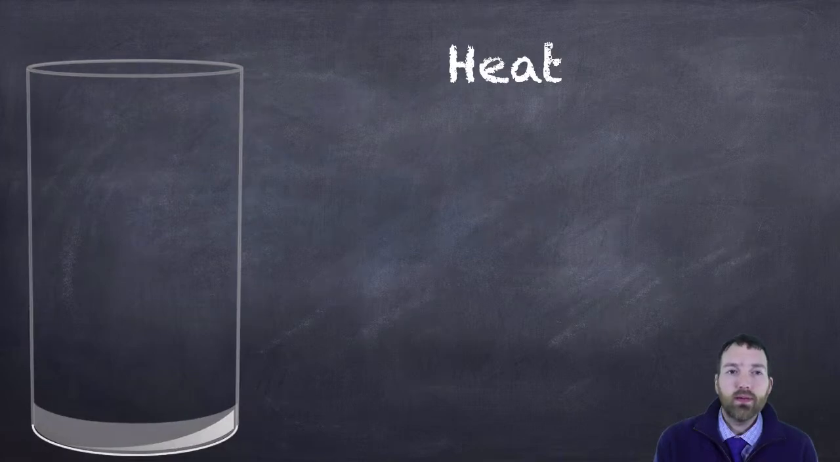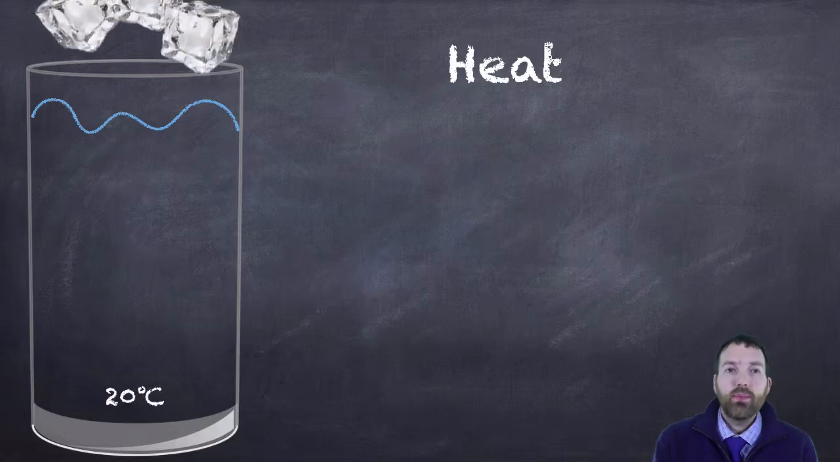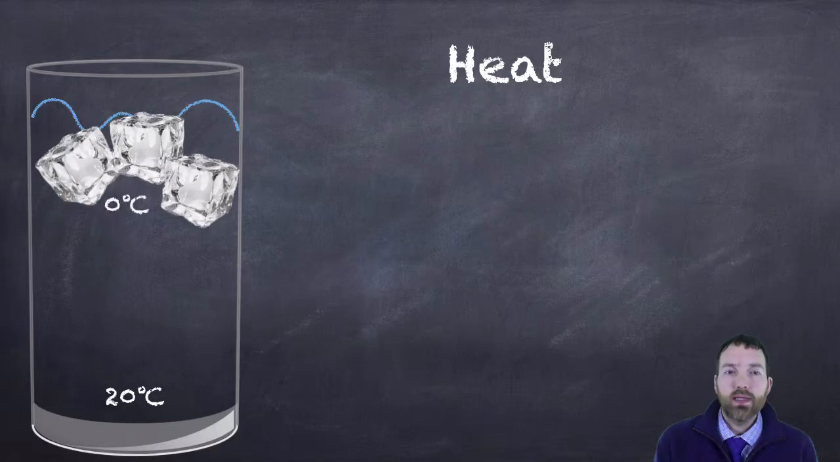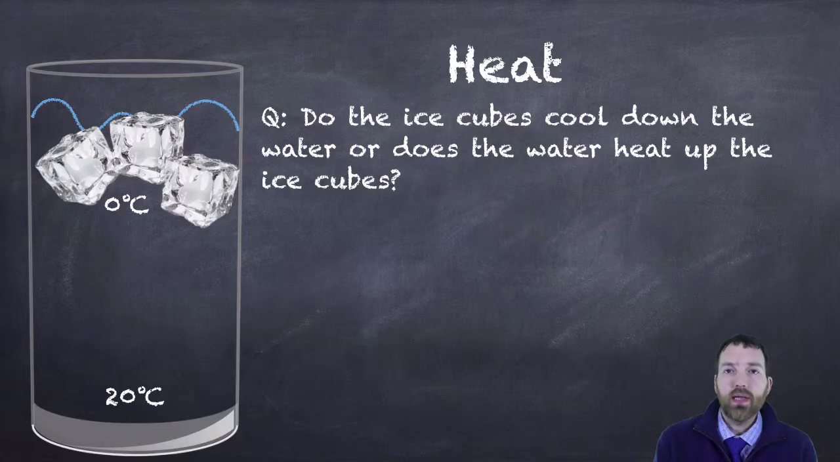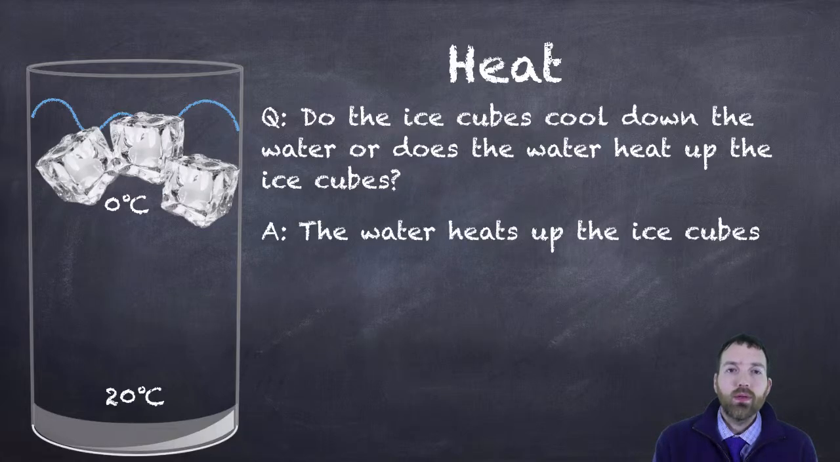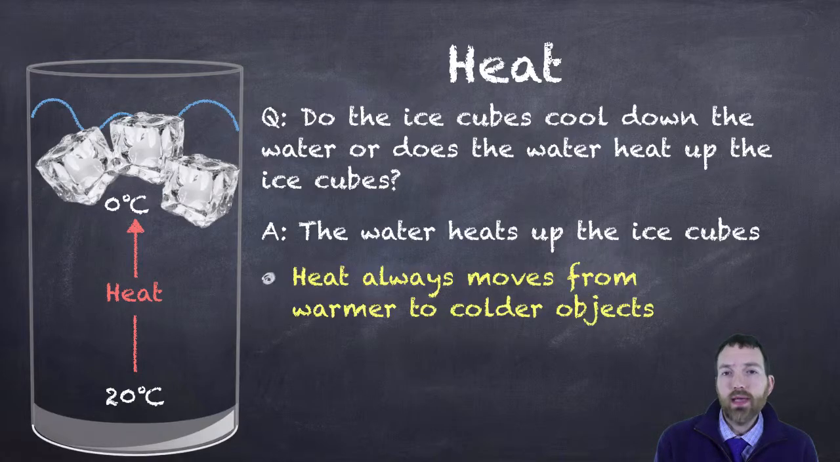If I have a glass and I fill it with regular tap water at room temperature, it'll probably be about 20 degrees Celsius. And if I put ice cubes in that water, of course solid ice is at 0 degrees Celsius. So we know that the water is going to get colder. But what's happening here? Do the ice cubes cool down the water, or does the water heat up the ice cubes? Well, the water actually heats up the ice cubes. This is kind of contrary to what some people may think. Heat can only move from a hotter substance to a colder substance. So in heating up the ice cubes, we're actually taking heat away from the warmer water,